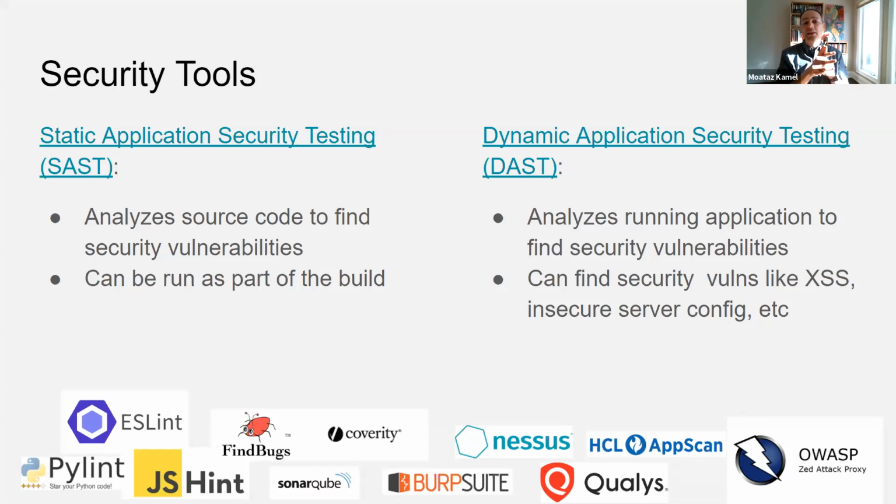Essentially it's codified the idea of what a vulnerability looks like in code, and it looks for those types of vulnerabilities in your code, and then it gives you a list of them. I've listed a few down here. There are lots of them. Some of them are free, some are commercial, so you can use those in your code. And it's easy enough to take one of those and put it into your build pipeline, so it's an automated process. And it's best to always do that at the early stages of your development,